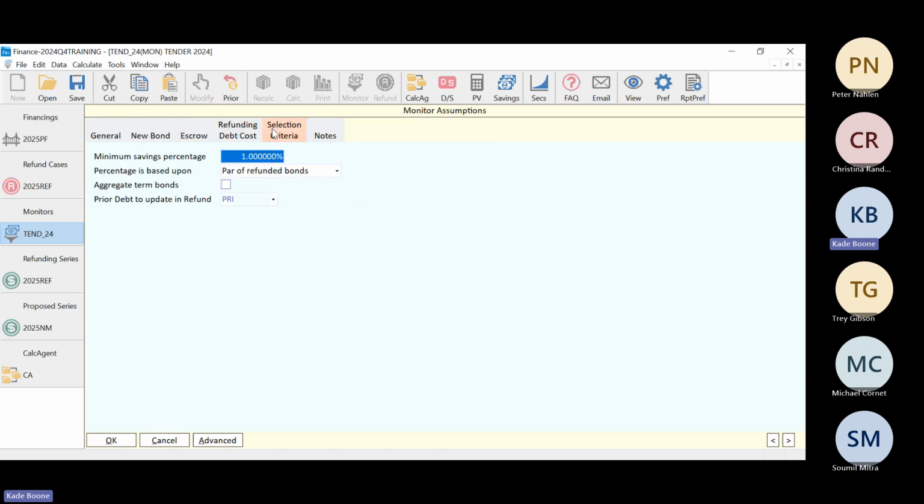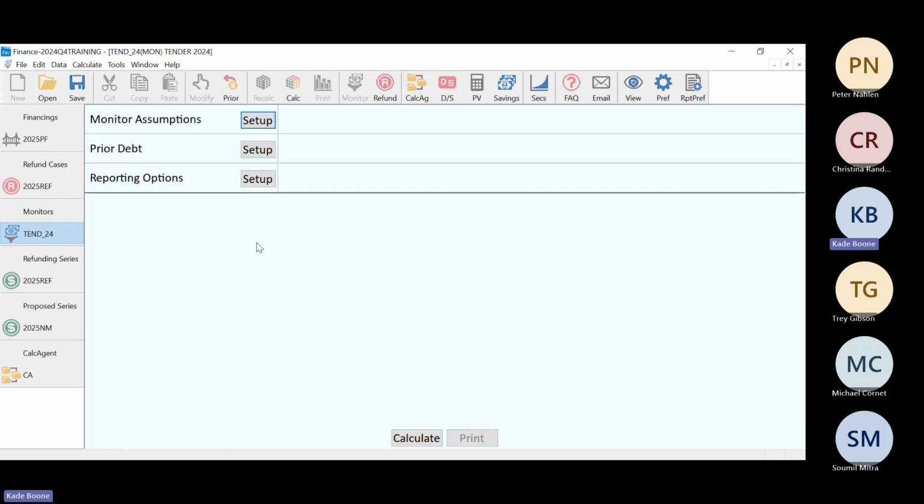You can put in costs. You can say minimum savings percentage. Let's say you go, no, it's got to be 2.25. Obviously, if you want to see all the bonds, you don't care, you can leave it blank. You can do minus 100%, whatever. And then if you want it to update or not in the refund case, you can. By default, it's going to be NA. If you click OK,